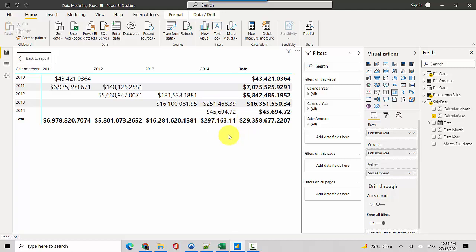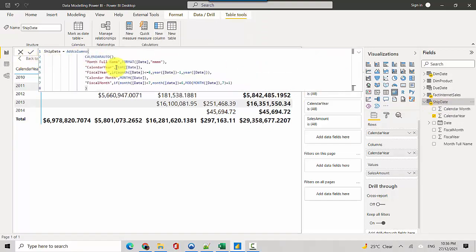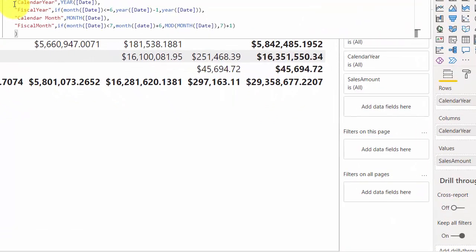So it could have happened that maybe towards the end of the year we received certain orders like in December and they were shipped the next year, or maybe in the last 2 or 3 months we could have had some delayed shipments. So this is what it shows, but it becomes really difficult to understand and interpret which field is coming from which table. So then what we need to do is specify the calendar year. So for example, in this case for ship date, let's go back to the ship date table. And here with the DAX, what I can do is a concatenate. So it tells me it is the ship year.